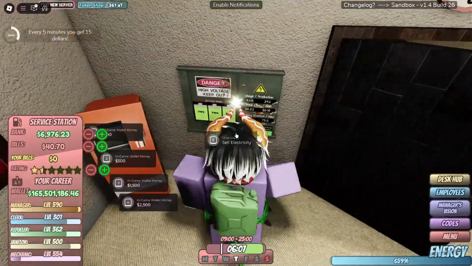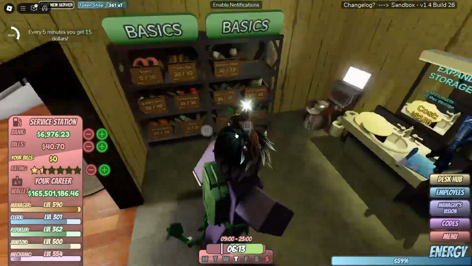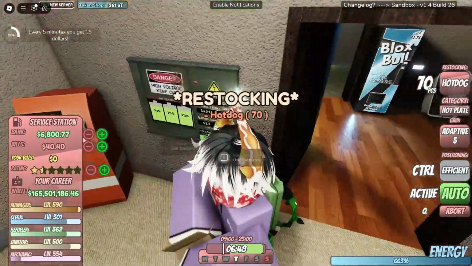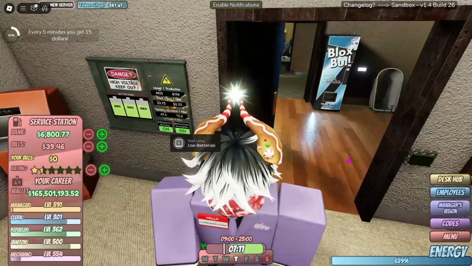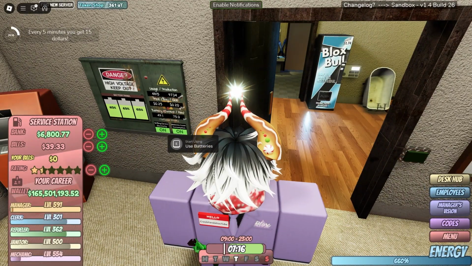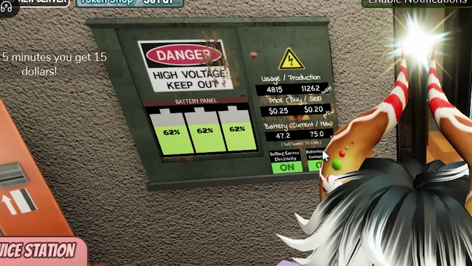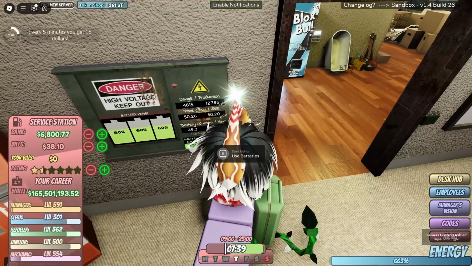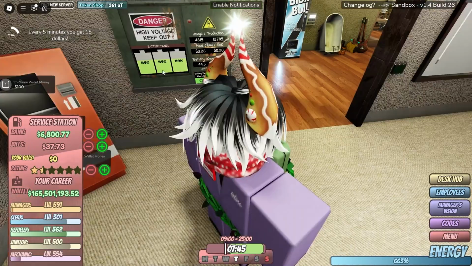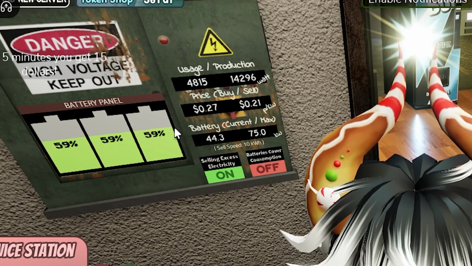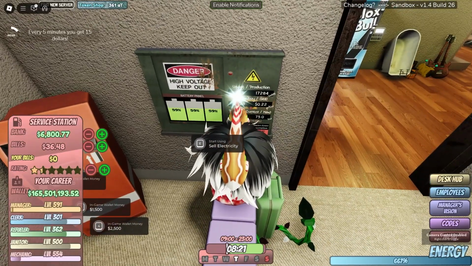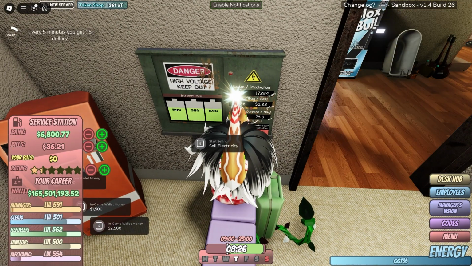Oh, one more thing I need to test. Okay, we're at 4315. Does having stuff in the hot plate raise the power? All right, we put some food in the hot plate. It does go up. So putting food in the hot plates will also raise the power. So we've used the battery powers and the bills haven't moved at all. What we can do is turn the battery usage off and save this because we have excess power. We don't need the batteries to cover anything in the store right now because there's enough production to cover the usage of the store. So when 11 o'clock rolls around again, I'll turn this off to charge the battery back